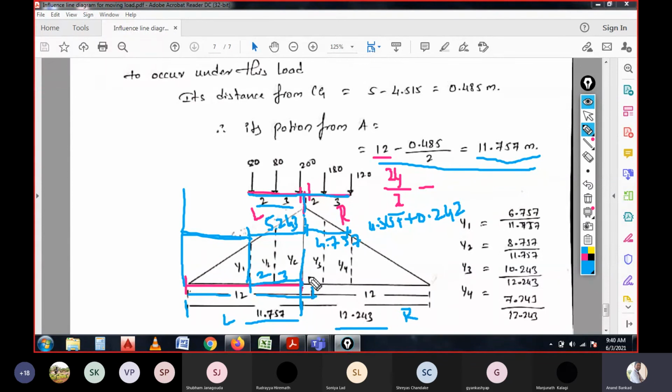At this section, which coincides with the CG of the load itself, 11.757 minus 5, then you will be getting the coefficient value for this y1, that is 6.757, to get for the span of